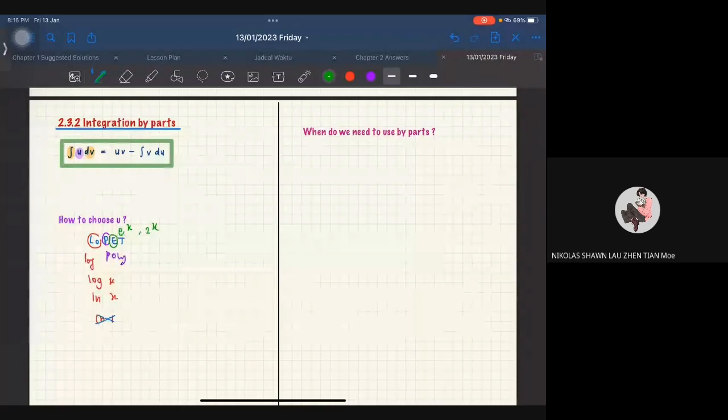Okay, so x minus 2 is a polynomial, so it's a P, and then ln x is a log function. So kalau ikutkan susunan Lopak tadi, L sama